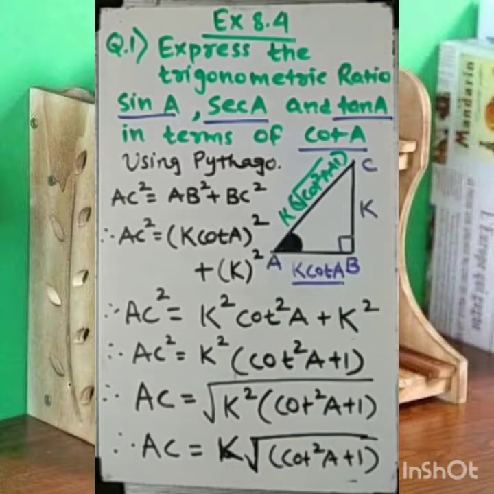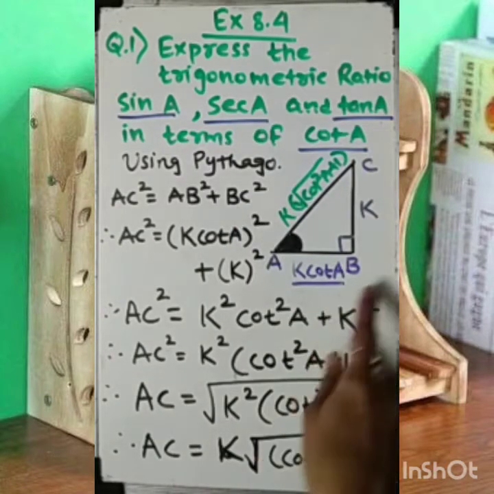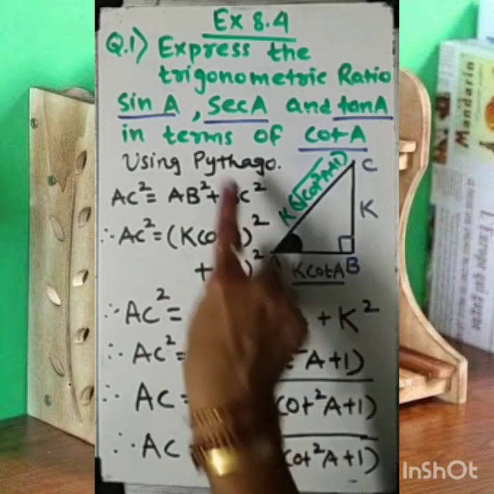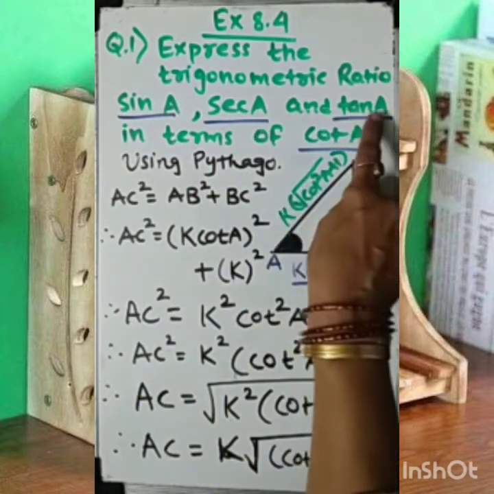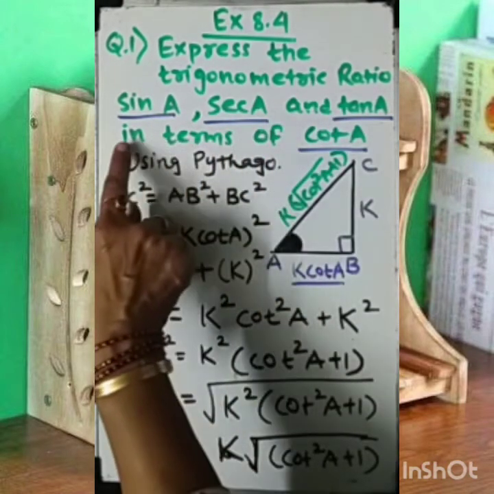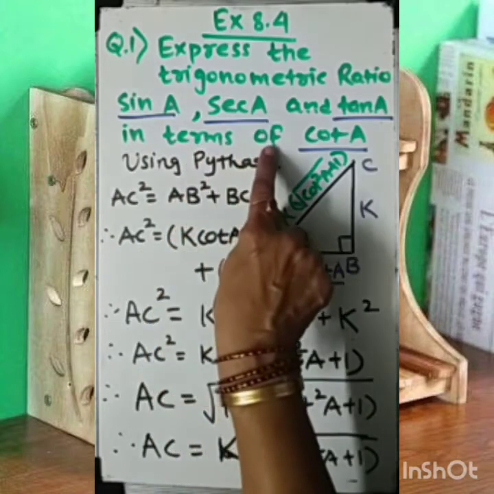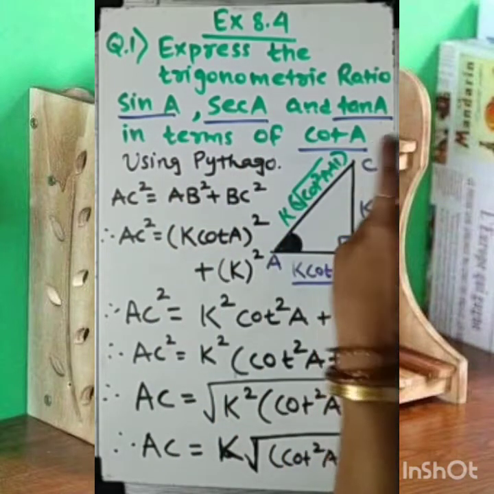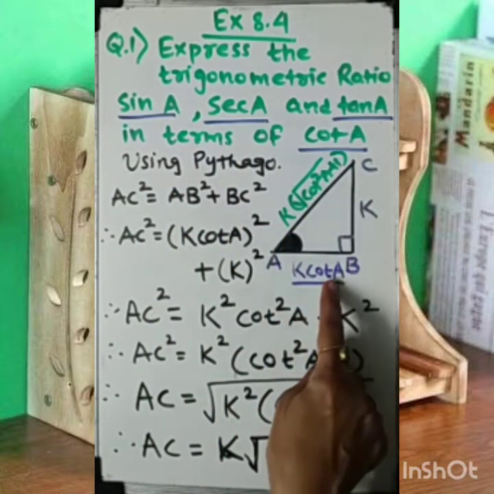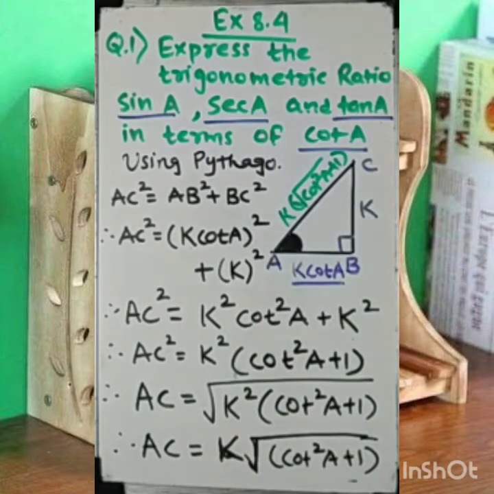Okay. Now finally the value of AB, BC and AC with us. So it's easy to find these three trigonometric ratios. Now, what is the reason why we have done this procedure? Because they have asked us all these three trigonometric ratios, we have to write in terms of cot A. Now you can see all the way cot A is available here. So let's proceed for the final answer.